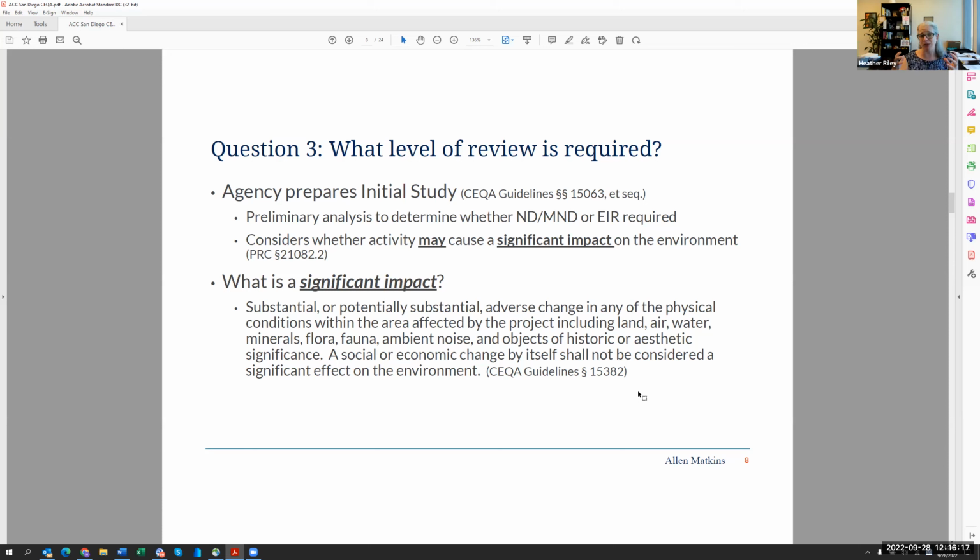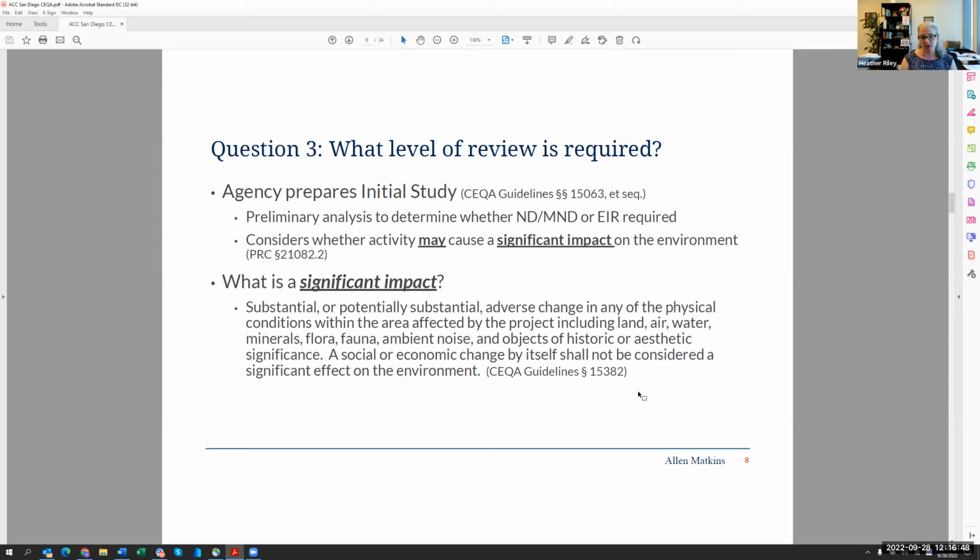Quite frankly, today, most MNDs and NDs are pretty thick and heavy. And if you have any opposition, you don't really want to do an MND or ND, as we'll talk about later. An EIR is usually your best bet if you have opposition and you have potentially significant impacts. As I talked about in one of the first slides, the "may" question is what matters here. May your project cause a significant impact? Not will it, may you cause a significant impact? That's a really broad, huge ask, right? Because a lot of things could have a significant impact.